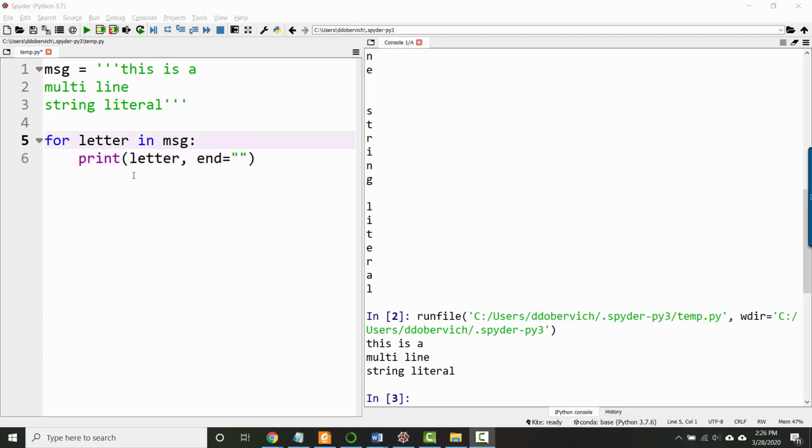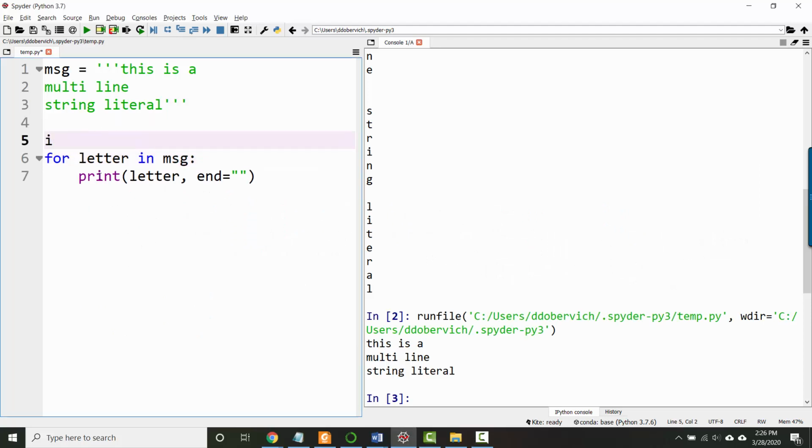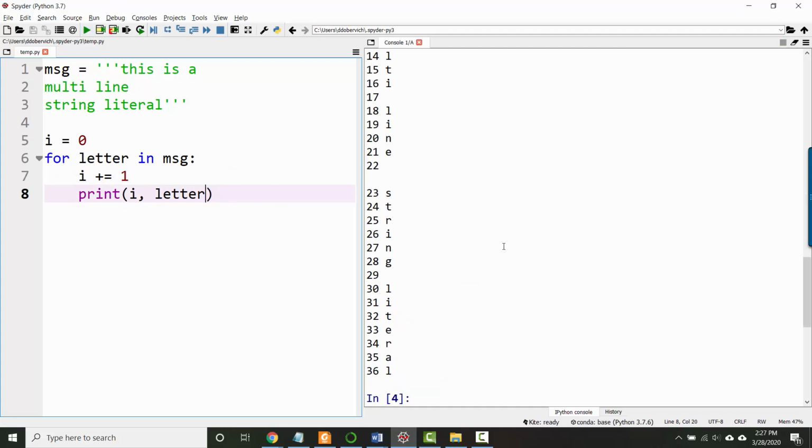I wanted to show you a way of looping over the characters in a string where you can also have the indices in addition to the characters themselves. If we were in Java, you might do something like this, and this is not a very good way to do it in Python, but it will look familiar to you. So we'll start at index I, and then we can't say I++ in Python because ++ doesn't exist. We'd say I plus equals 1, and then we could print I followed by the letter. Okay, so when I run it now,